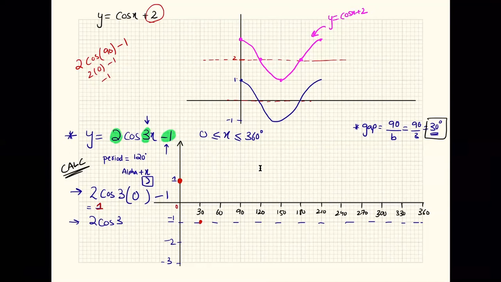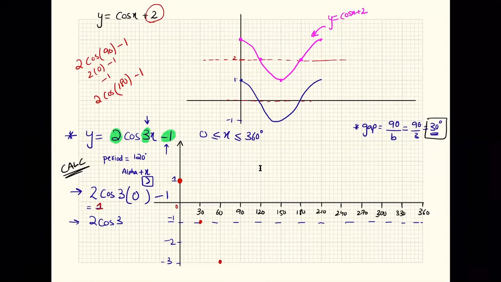Yes. Now 60 degree, 2 cos 3 times 60 is 180 minus 1, cos 180 कैलकुलेटर से कैलकुलेट कर लो, टाइम्स 2 करो, -1 करो. What is the answer? -3. -3।